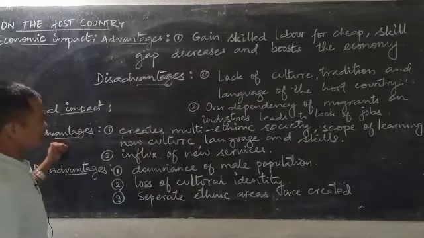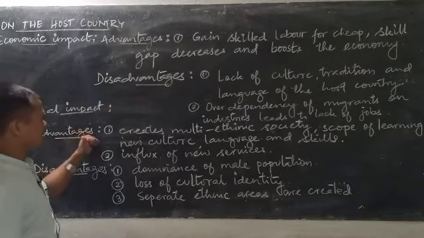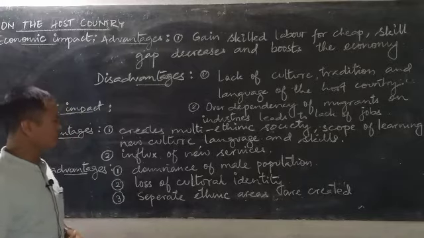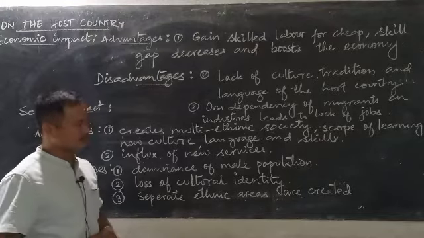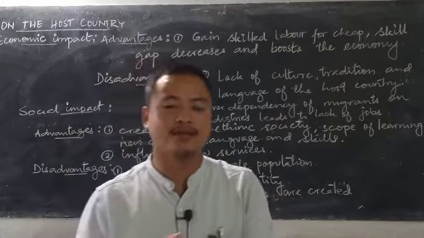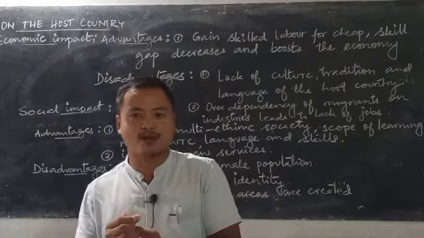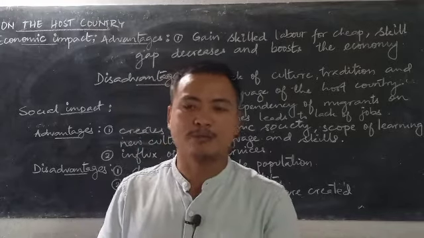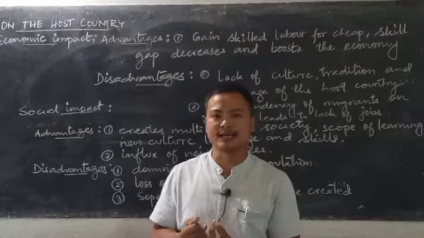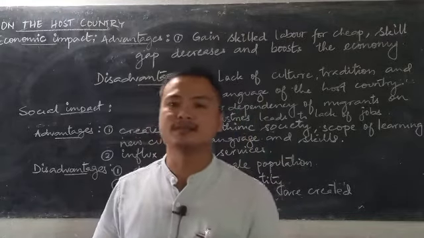In terms of social impact, the first advantage we see is that it creates a multi-ethnic society, with scope for learning new culture, language and skills. So multi-ethnic society means, see, when we are in Hamilton Guns or in West Bengal, we are mostly the ones who speak Bengali. So that becomes one cultural aspect. So when we go to another state,